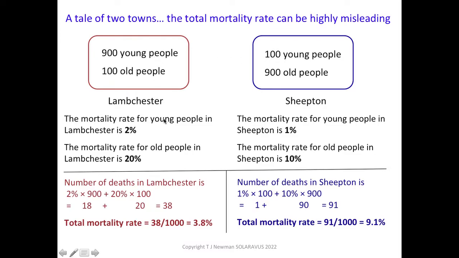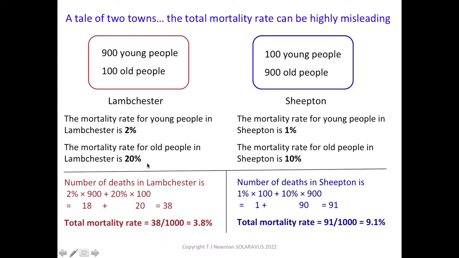Now you don't want to live in Lamchester because, let's say, they have something terrible in the water, and actually the mortality rate for both young and for old people is double what it would be in Sheepton. So the mortality rate for young people in Lamchester is 2%, whereas it's only 1% in Sheepton. And the mortality rate for old people in Lamchester is 20%, double what it is in Sheepton. So whether you're young or old, you don't want to live in Lamchester because you have double the risk of